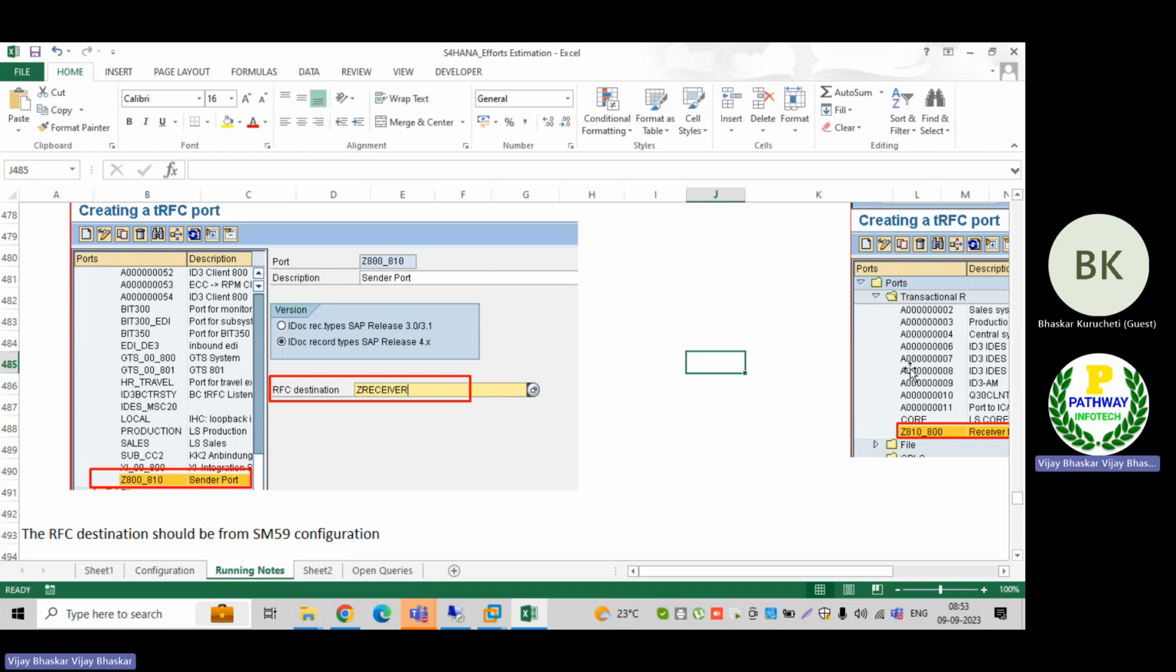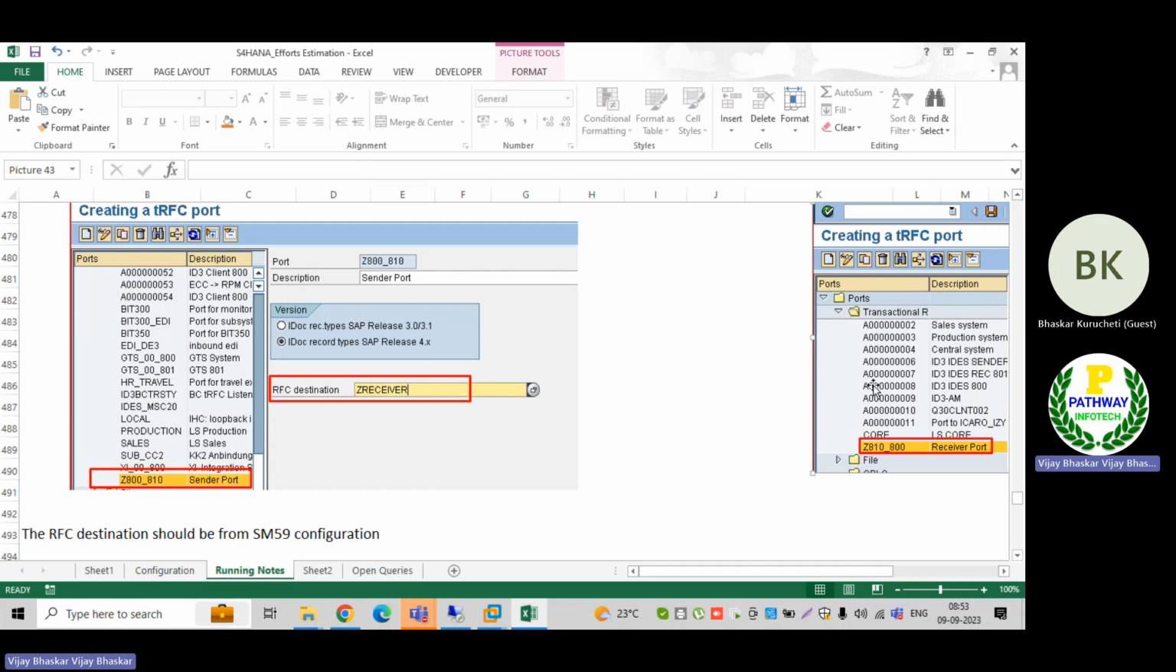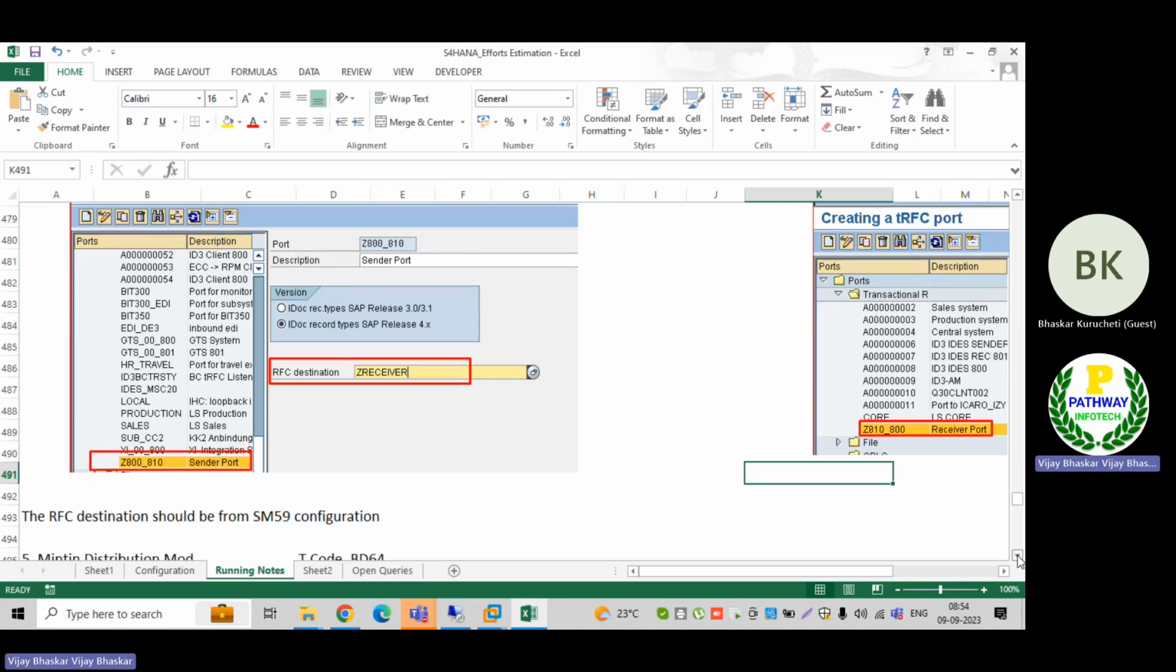Again, we have to do the configuration here, because creation of an RFC port is not required for the receiver system. This we need to do, that is the reason I have just updated it here. Then receiver port 1 is sufficient. Then yesterday